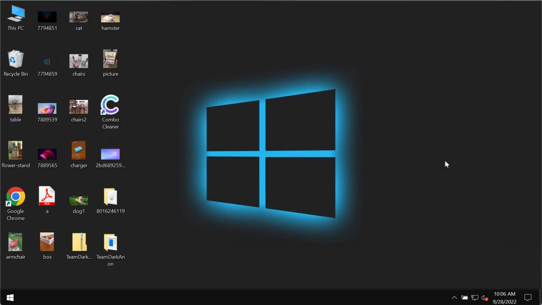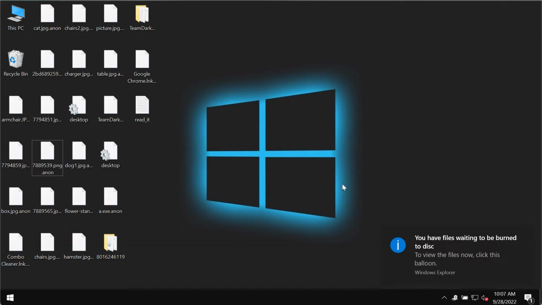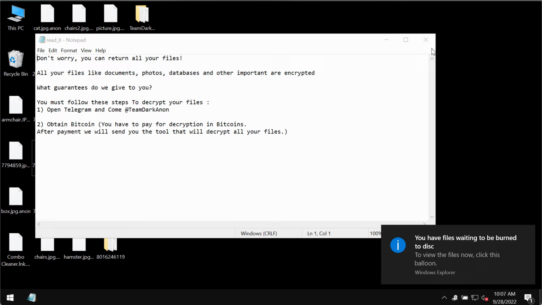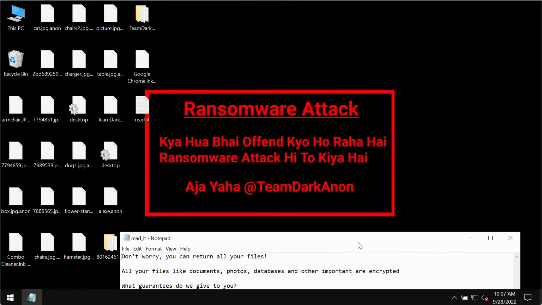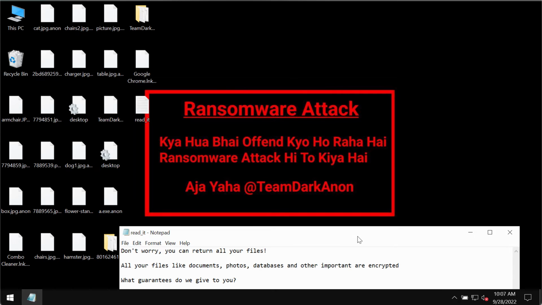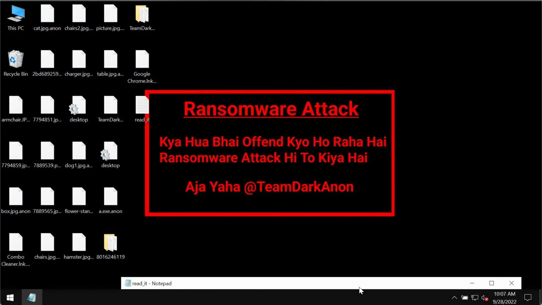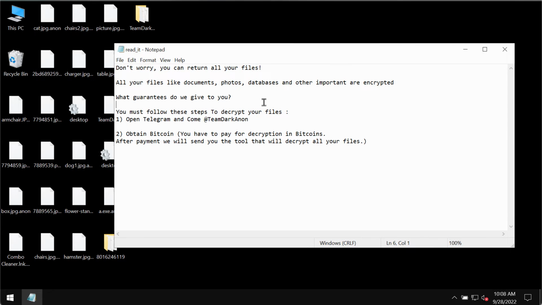This particular ransomware called TeamDarkAnon encrypts the data, and it's not possible to use the files anymore. So now you can see the consequences of the ransomware attack. The ransomware changes the desktop background of the computer into this black one. It also drops this ransom note, and it also